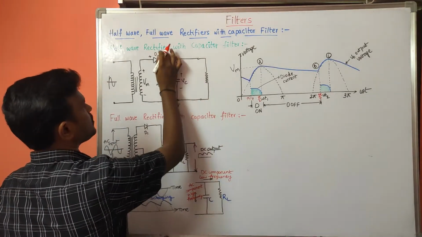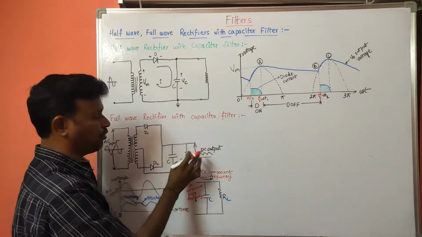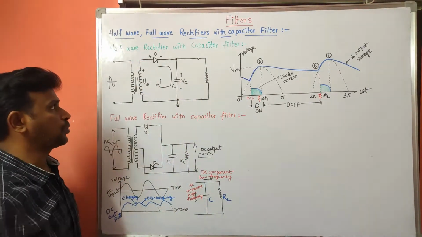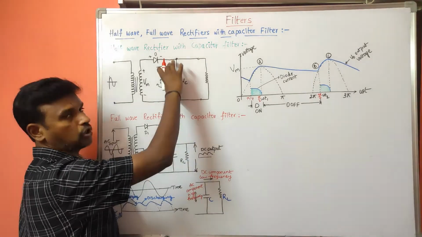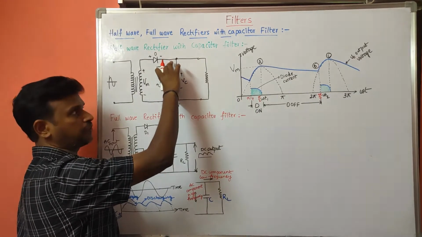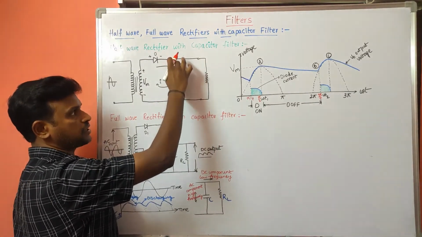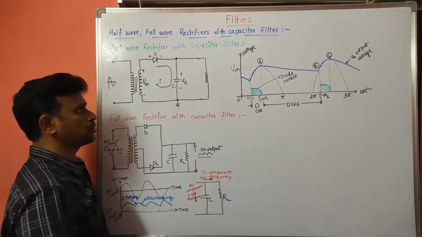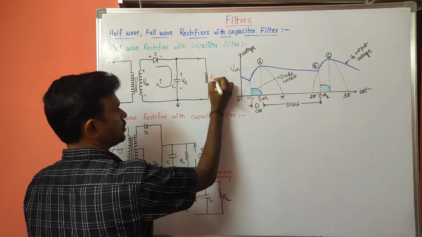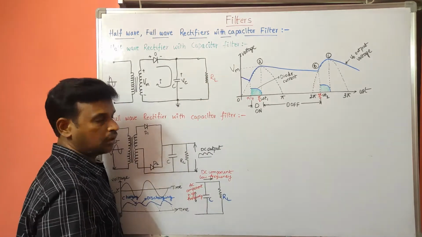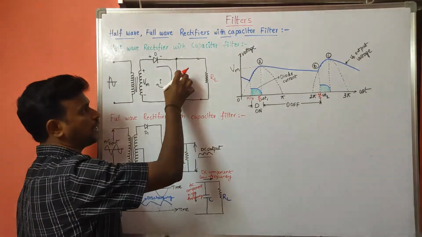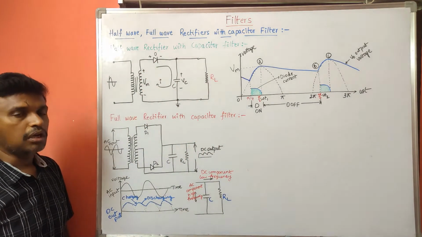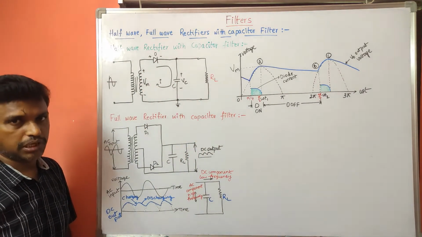So here, if you consider the half wave rectifier or full wave rectifier, the capacitor is connected in parallel with the output of the rectifier. Up to this point, it is the output of the rectifier, half wave rectifier, and that output is connected with the capacitor in parallel combination, right? So this is nothing but the load resistor where we'll get the output. This is why we connected the capacitor at this point, in parallel combination. That is the reason behind that.